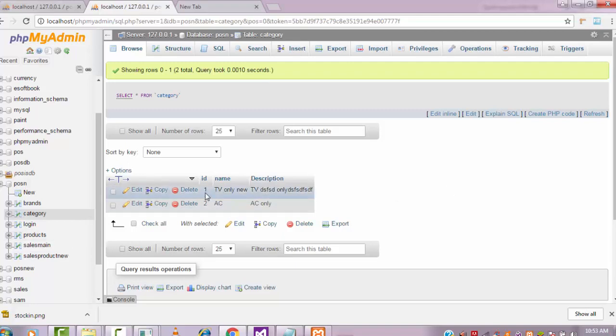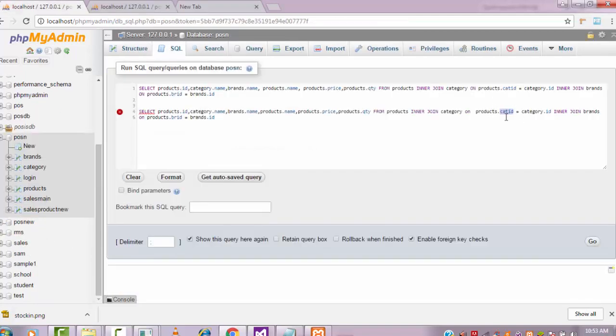Here, this one will be the category ID, product's cat ID equal to category ID. After the inner join brands, I'm going to first merge this one. After that I'm going to merge these two, the merged products and brands, writing the name brands on.